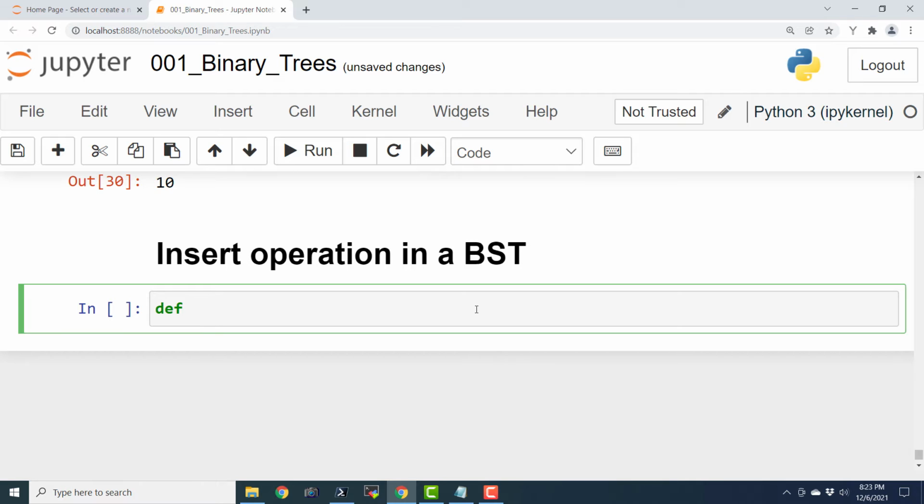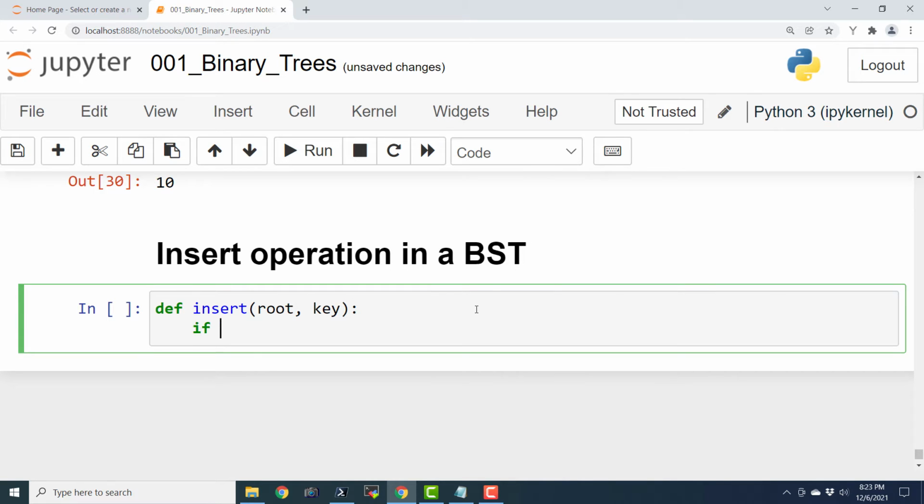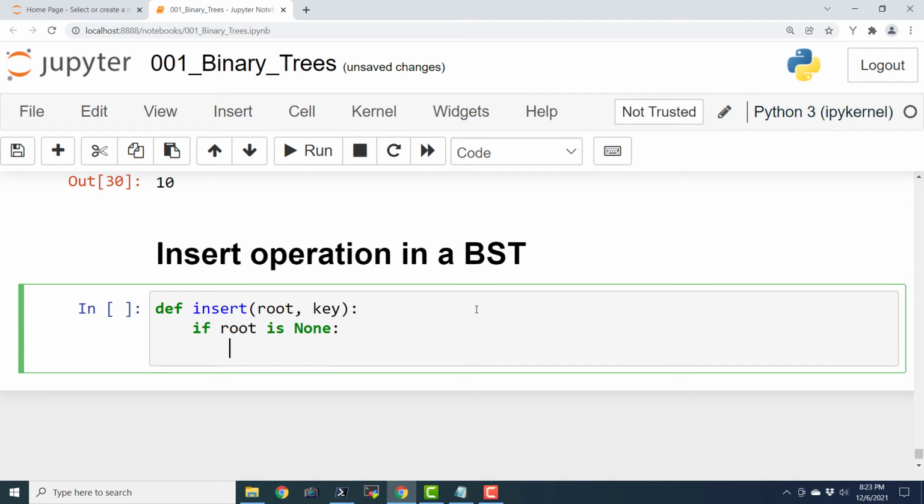We are directly going to type in the code that is going to insert the node. So here, root comma key. If root is None, then let us say return Node of key.